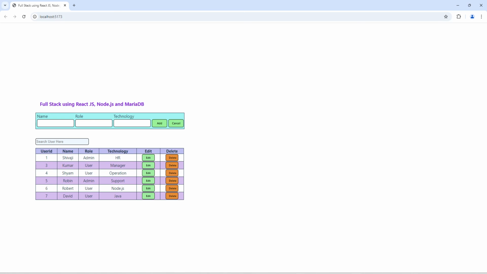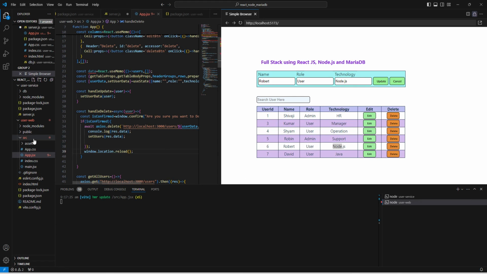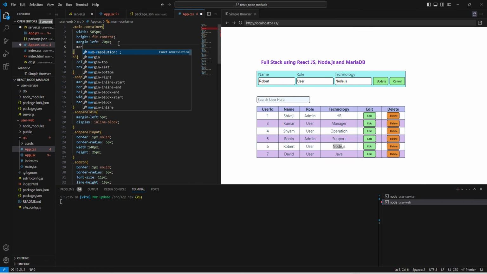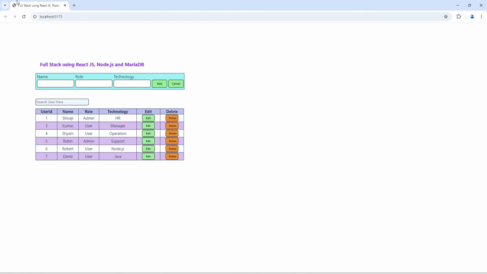So let us add some, let us take this table up so that it will look good. Now we can add some margin bottom, 300 pixel. Seems good. Now let us check this Robin or Robert we want to delete, so we can click